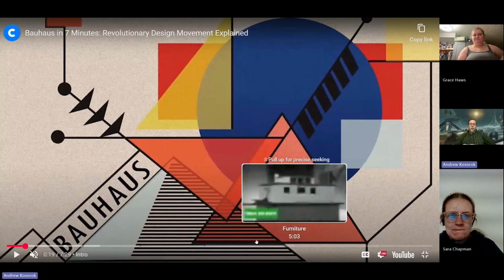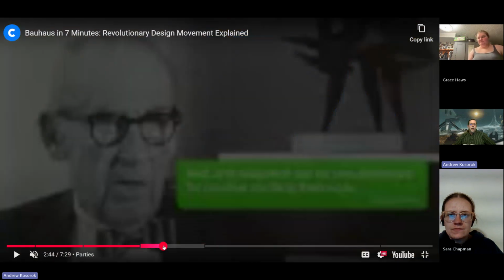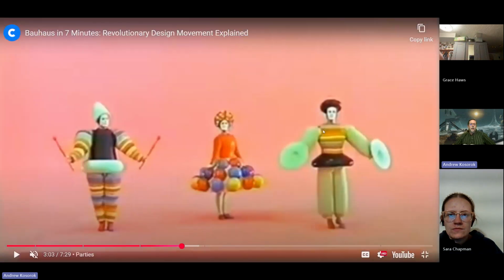I think for the most part, one thing that is really important to remember is that a lot of these artists were trying to find ways. Oh, and this is where I was talking about the costumes. They did what they could to go against expectations of the human form.